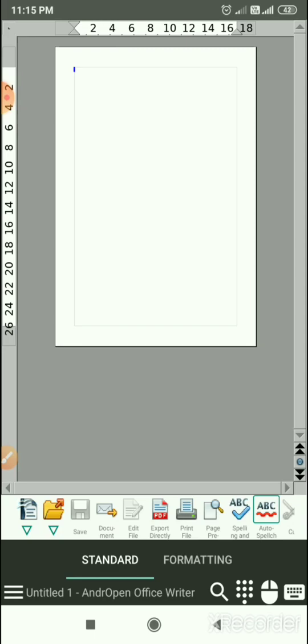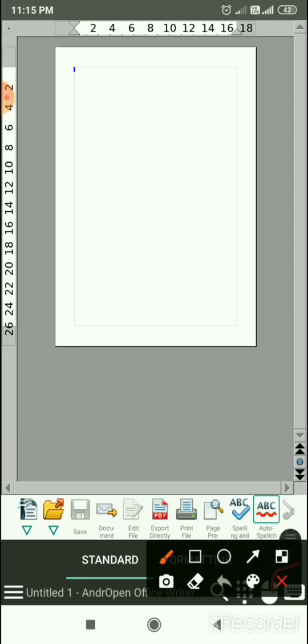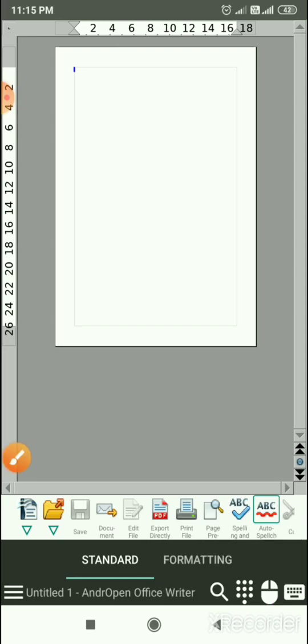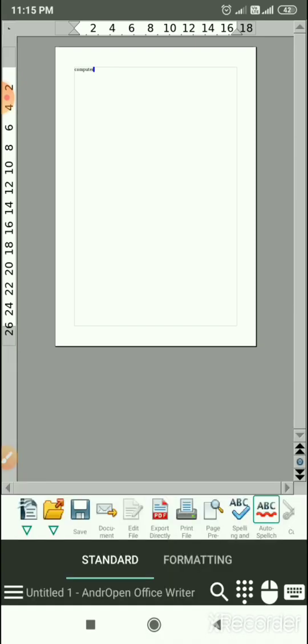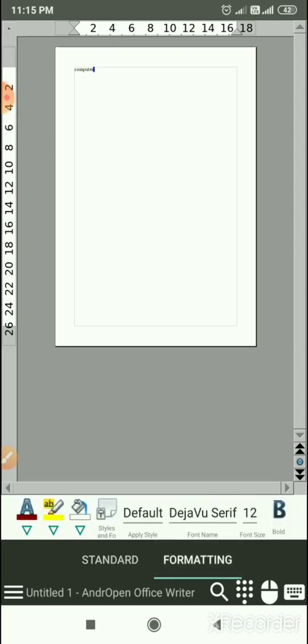Now children, by clicking on this keyboard sign, we can type anything on this blank page. For example, computer. Okay, now as you can see that this text size is very small, so we can change the text size also by clicking on the formatting option, and here is font size. We can change the font size.